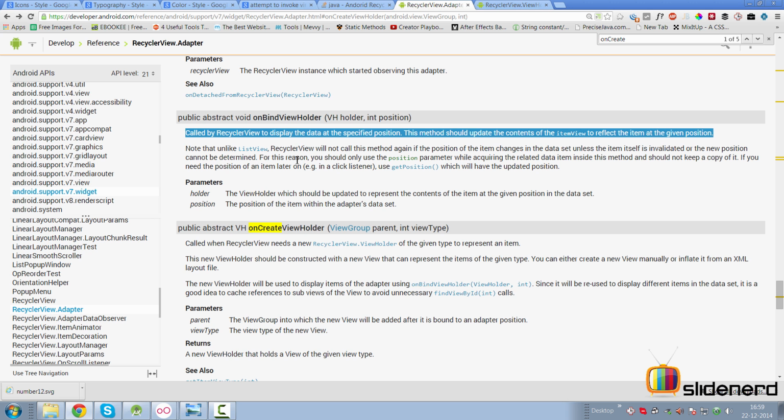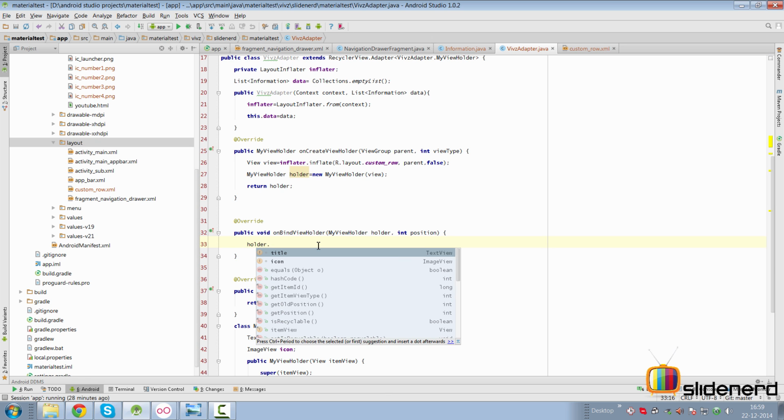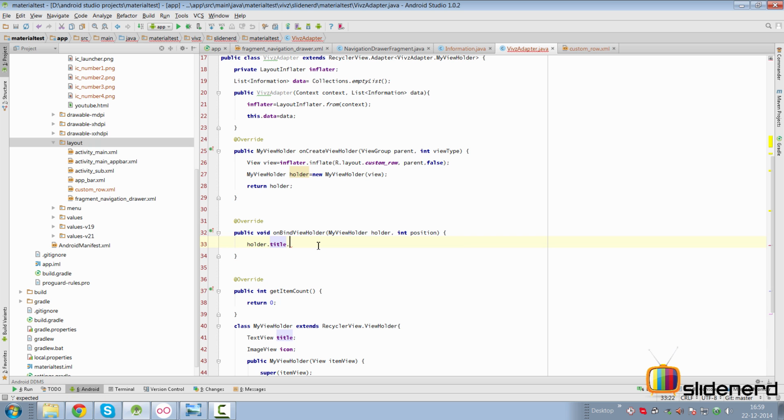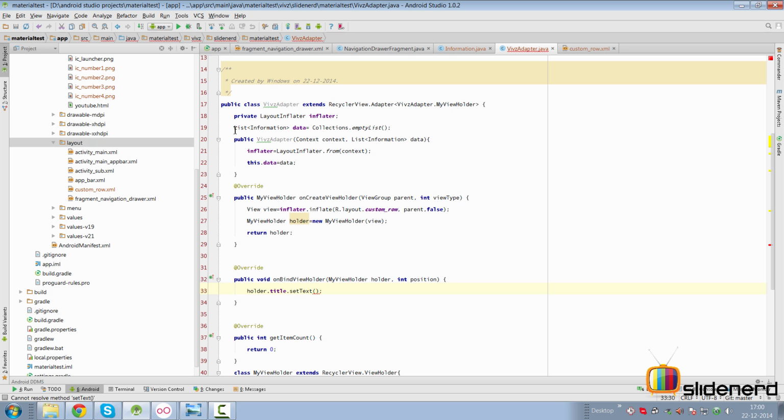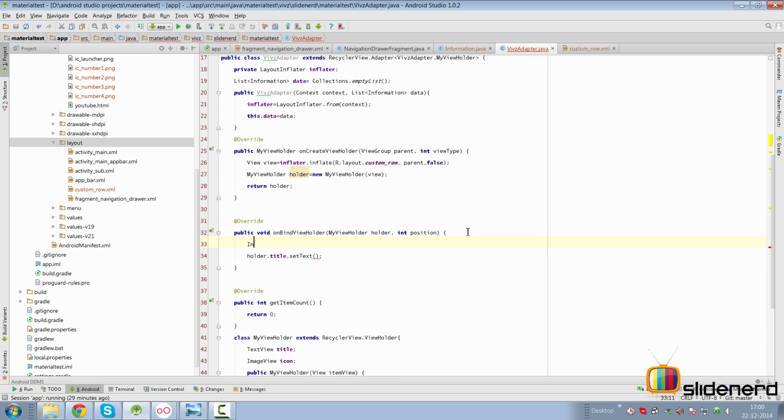So in our case, we have to go down here and add the data that we want. We'll simply say holder dot. As you can see, you can access the title, that is the text view, and the icon, the image view, and set the data on it accordingly. So you can simply say holder.title.setText here, and we already have our list, if you remember, which is basically List<Information> data. From this data, what we need is the current object. So we can simply say Information current =